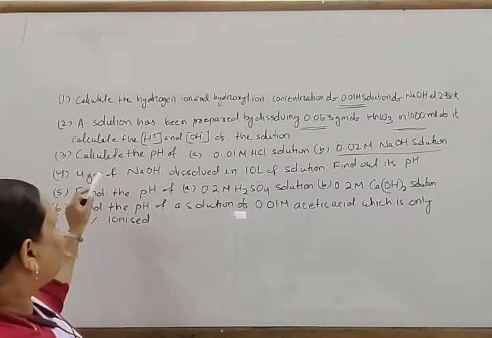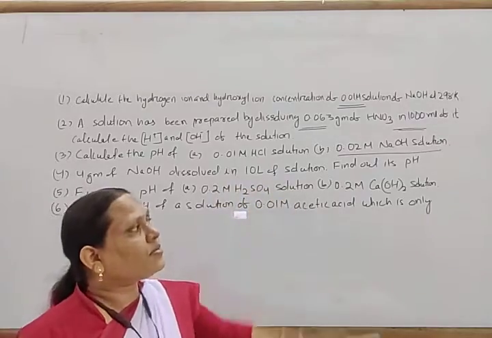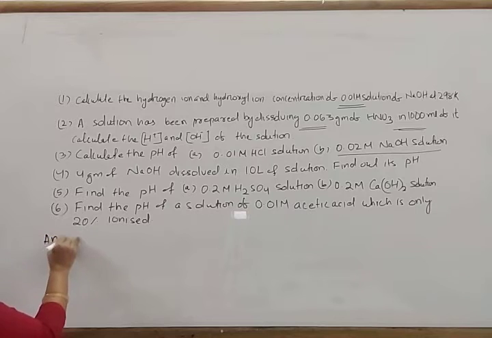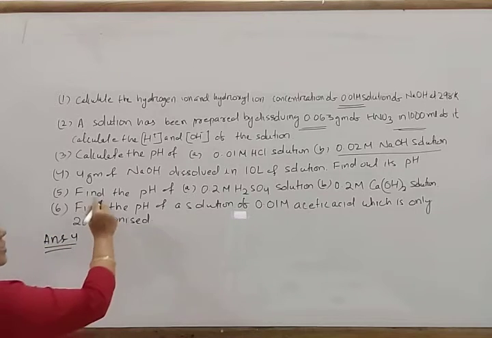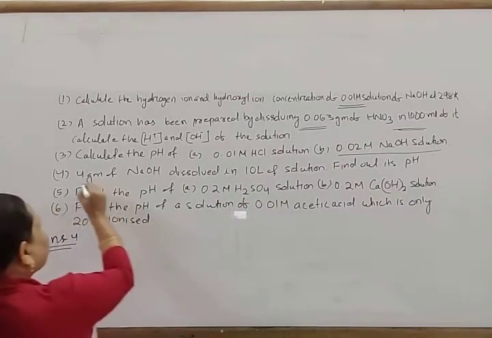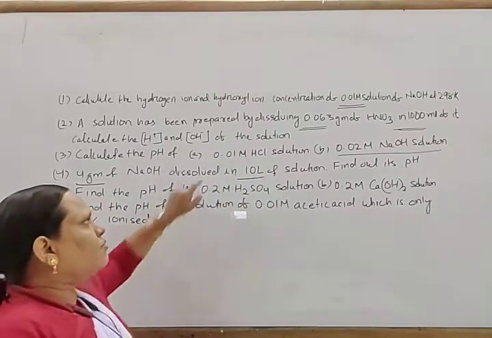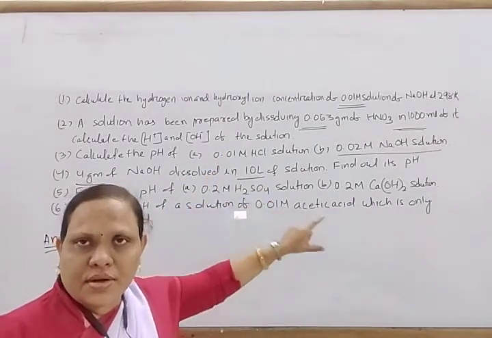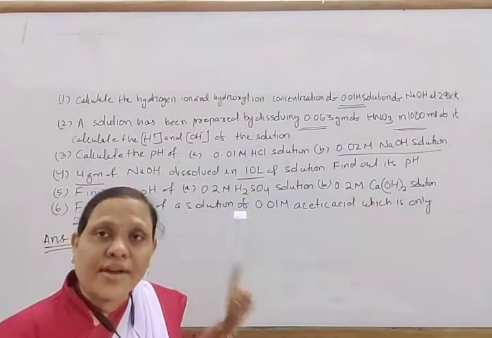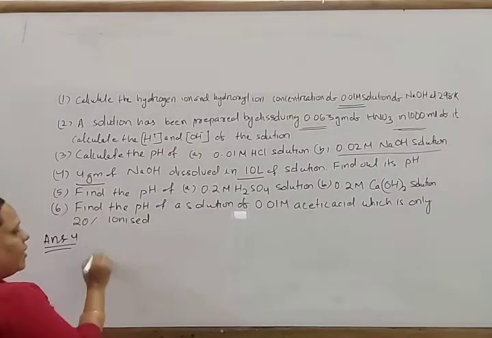Next, come to question number 4. 4 gram of sodium hydroxide is dissolved in 10 liter of solution. Find out its pH. So, answer 4. Here again the weight is given and the volume is given. If the strength is given to you in molarity, then it is easier to solve. And if only weight and volume are given, then find out the molarity, after that you solve the problem. So first you have to find out the molarity.